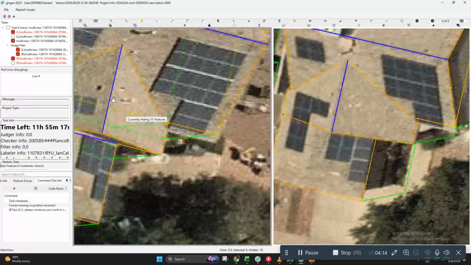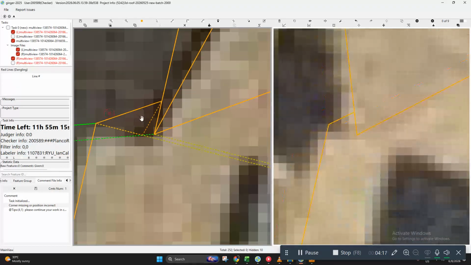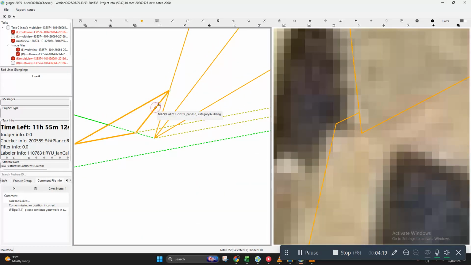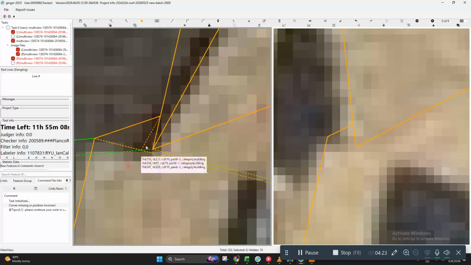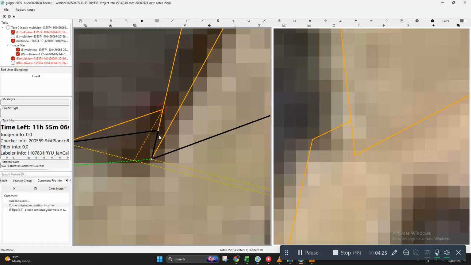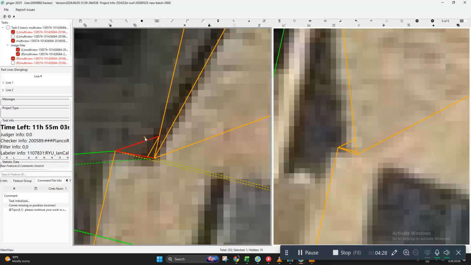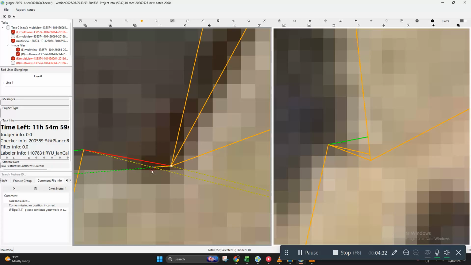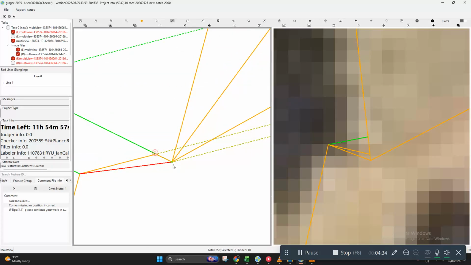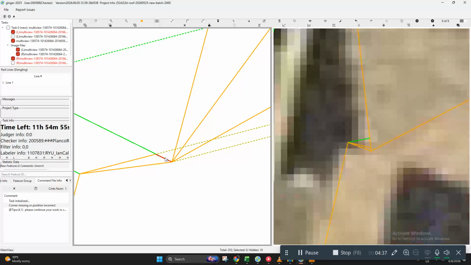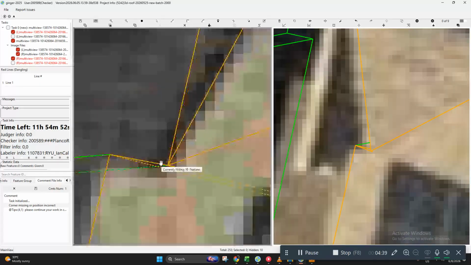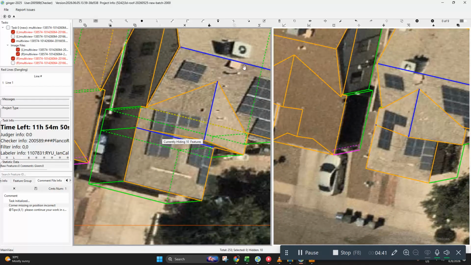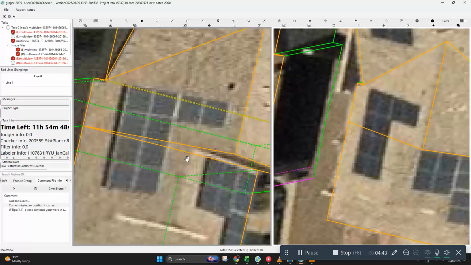Okay, so yeah, we fixed this area, but all we need to do is just adjust this. Like so, and capture this missing panel right here. Insert, and we can just use auto fix later. Okay, let's go to this part.